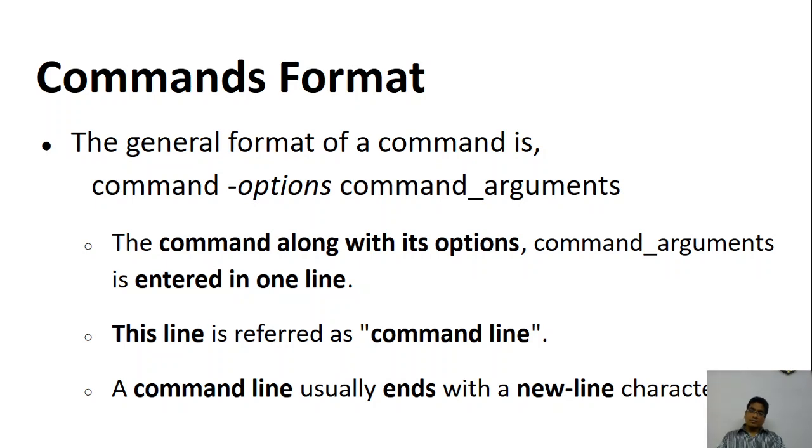Now when the command options are given, these command options along with the command line argument form one line, and we generally enter all the commands line by line, and generally this is called the command line. We write all the commands within one line and press enter, and when I press enter, the command will be executed. When you type the command, nothing is going to happen. You keep on typing in one line and press enter. When enter, that is a new line character, is typed, the command gets executed.